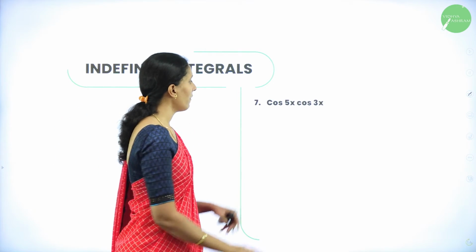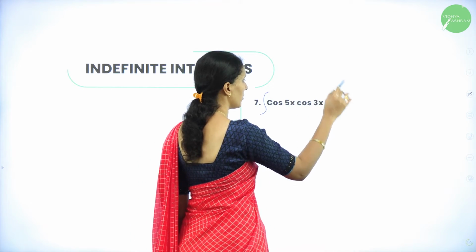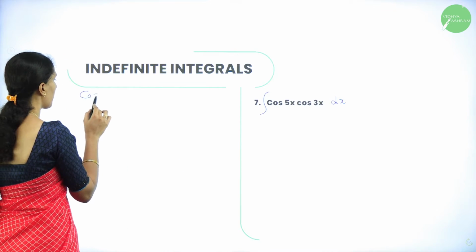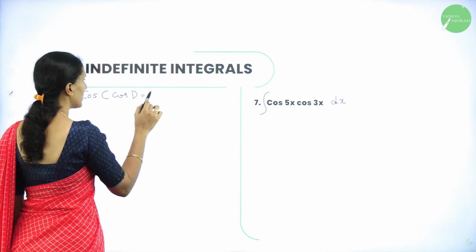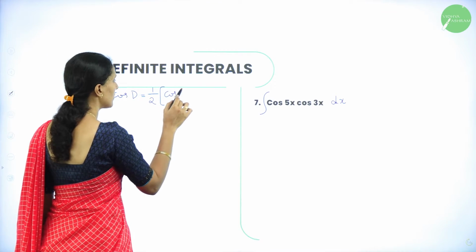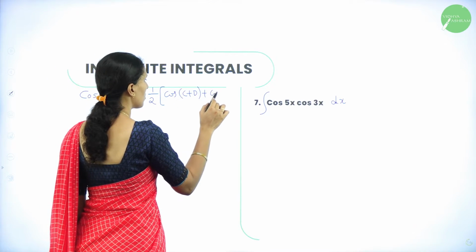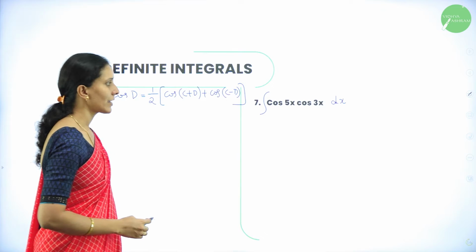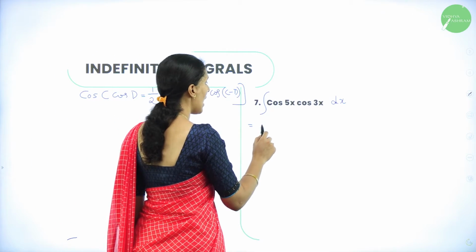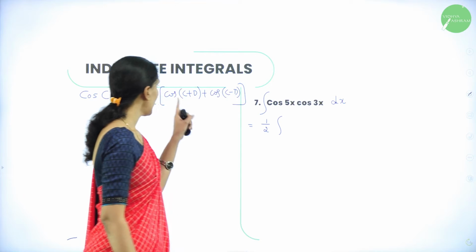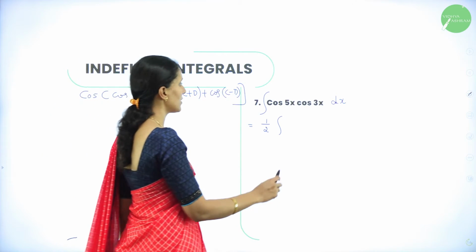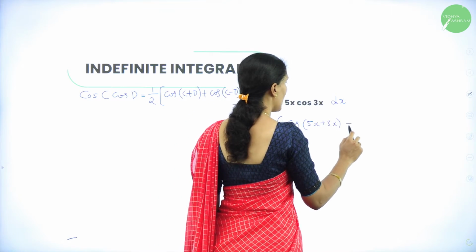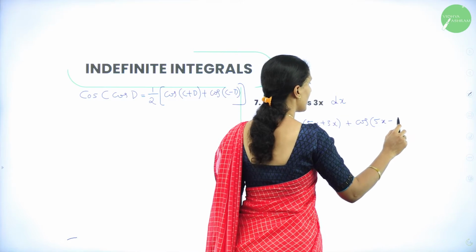So here we have an integral of a transformation formula. This is in the form of cos c cos d. So cos c cos d can be written as half of cos (c plus d) plus cos (c minus d). So using this formula here, cos 5x cos 3x can be written as half, I will take outside the integral. I'll take only this part, cos (c plus d) plus cos (c minus d), which becomes cos (5x plus 3x) plus cos (5x minus 3x)